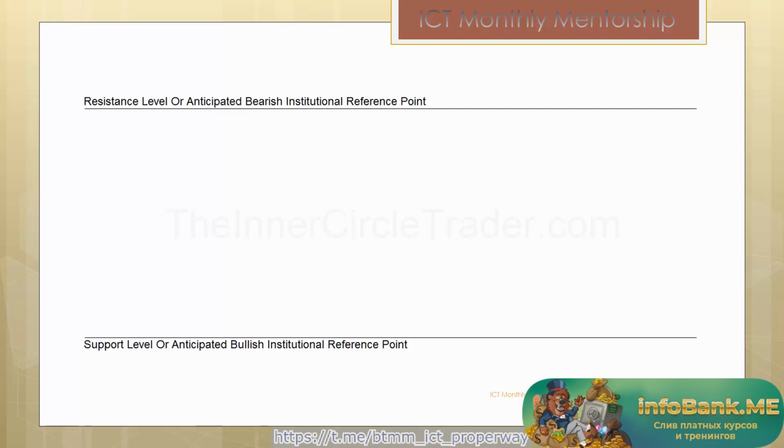When we look at the marketplace and we frame price action in the form of resistance levels and support levels, or anticipated bearish institutional reference points and anticipated bullish institutional reference points, we have to have a context in the marketplace behind our viewpoints. Are we looking at a market that has a bullish scenario, or a bearish scenario? In this example, we're going to look at a bearish example. When we're looking at a market that is moving up into a potential bearish resistance level,